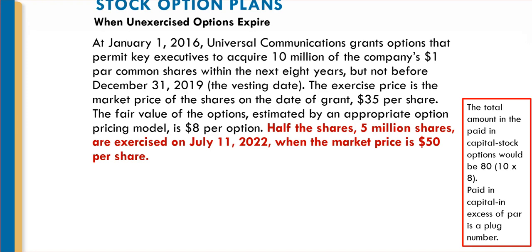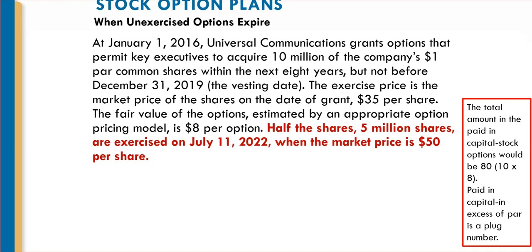I'm going to go back to the original assumption, and the assumption was that 100% of the options would be exercised. So you kind of have to disregard those other things we just did where we went through the 90% and the 95%. Let's go back to assuming 100% is going to be exercised. That's our assumption when we book it. Then we are going to put 80 in there. Half of that needs to go away. So I need to have half of that go out.